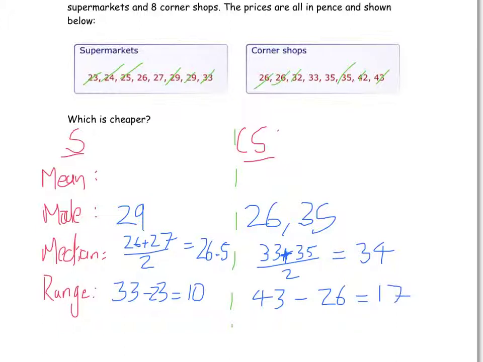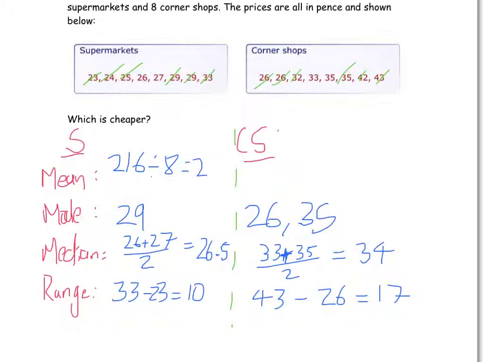So the last one we need to find is the mean, which is where we add up all the information and divide by how many there is. So we've got to add up 23, add 24, add 25, add 26, add 27, add 29, add 29, add 33. And if you do that on a calculator, you get 216. And now we need to divide that by the number of bits of information, which is 8 because we're looking at 8 supermarkets and corner shops, and that gives you